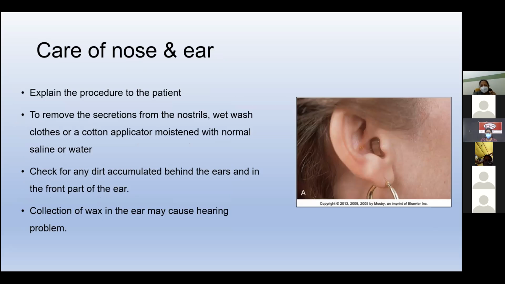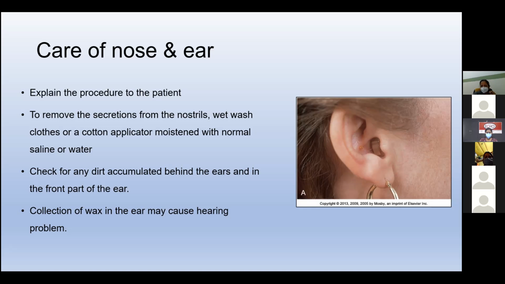Then care of ear and nose also are important. So we should not just forget them, right? So many times in the nostrils there are secretions, dried secretions, especially when there is an NG feeding tube in place, right? So at that time, we need to clean the nostrils properly. Either you can use a wet cloth or applicator or swab stick, and clean both this